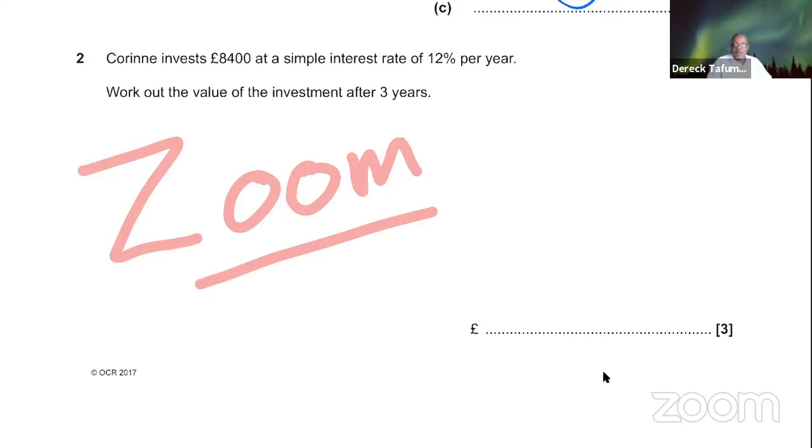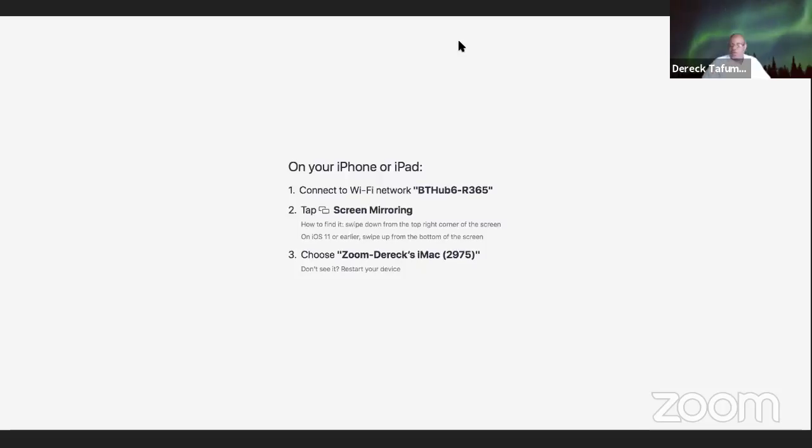Let's see if I can share with you my phone. It's not going to share because the iPad is still sharing, so I need to stop sharing the iPad by just doing this. Stop mirroring. Now I think I can mirror the phone,